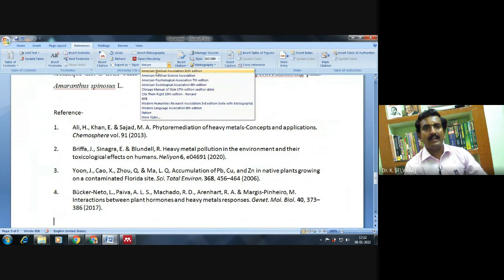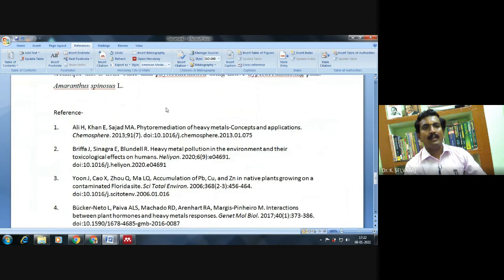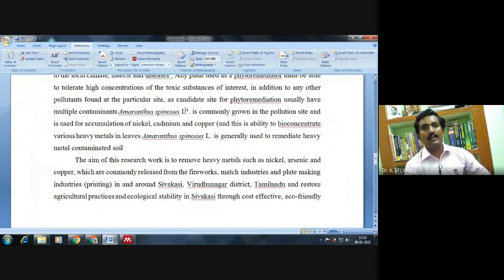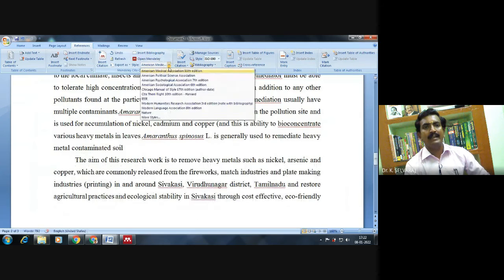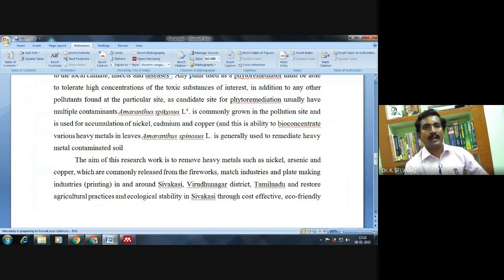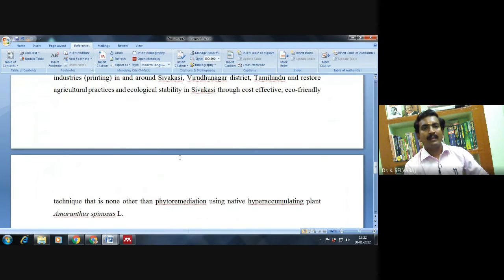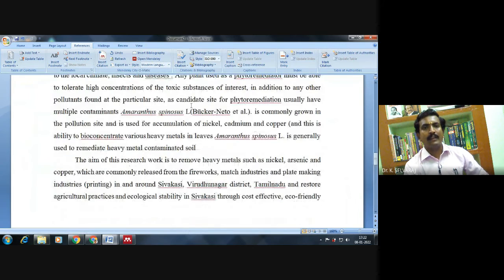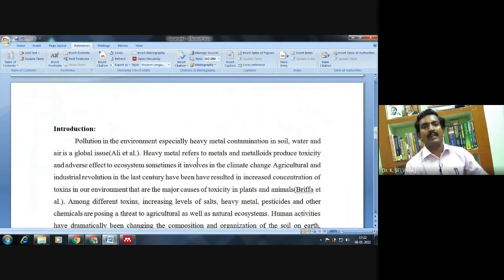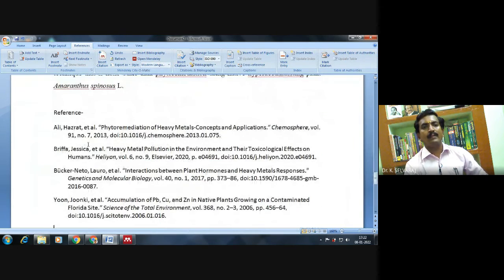If I change to American Medical Association, the citation is changed. The American Medical Association uses the number format within the article, and outside there is the Modern Language format. Also, here you see it is in the form of et al. under the other names in the text, and also in the reference list. It's the simplest way to add references in our research article with the help of Mendeley.